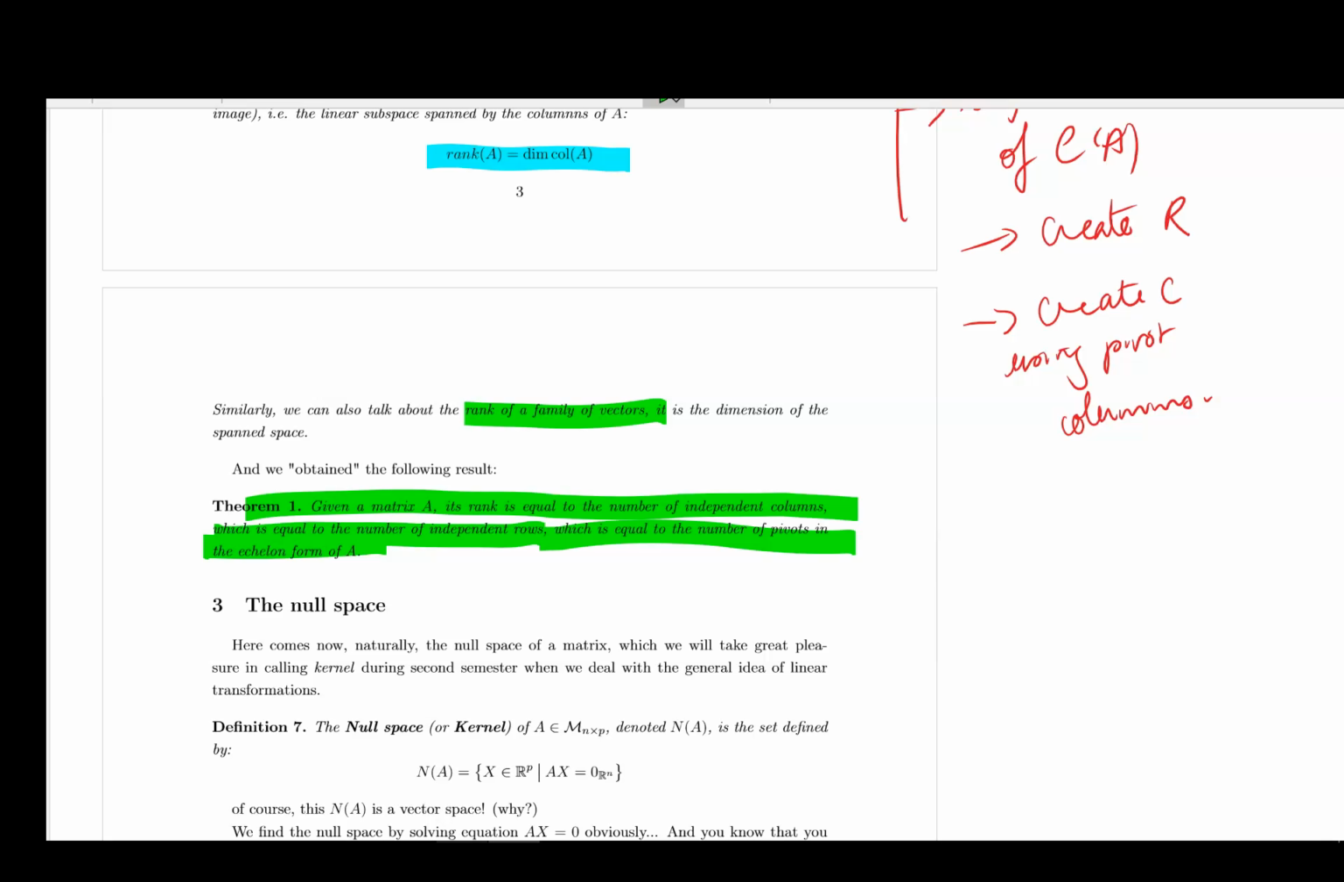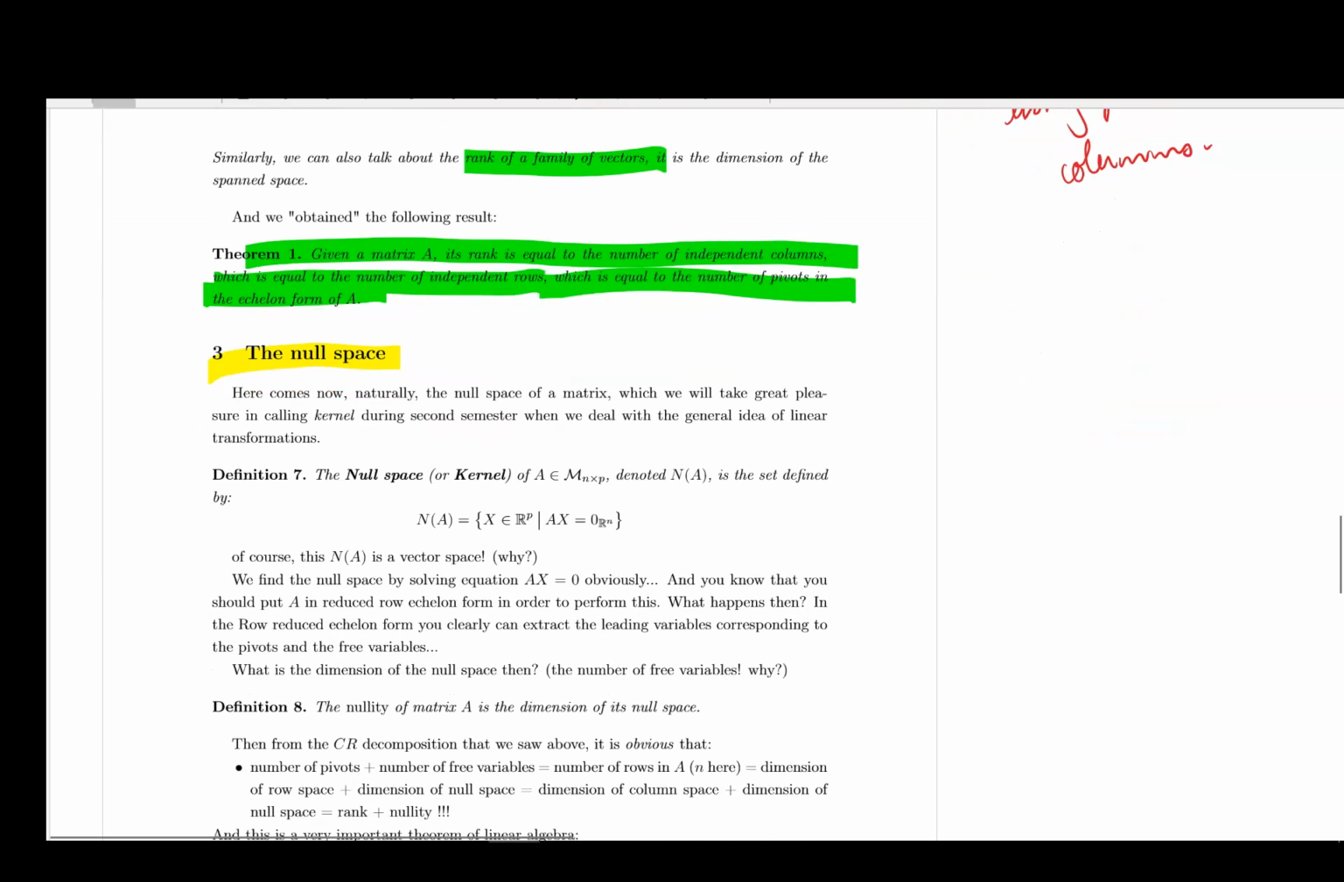Next one is going to be what is called the null space. Another name for the null space is kernel. I know that in France we only use kernel, and in the Anglo-Saxon literature they use null space for matrices most of the time, and kernel is for more general linear maps. But whatever. Let's stick with the null space